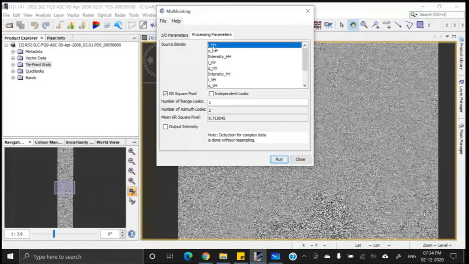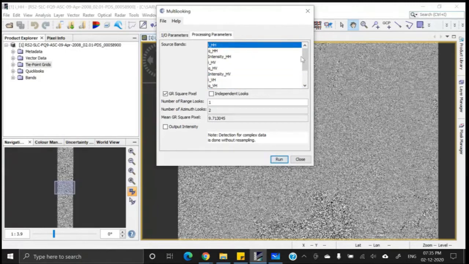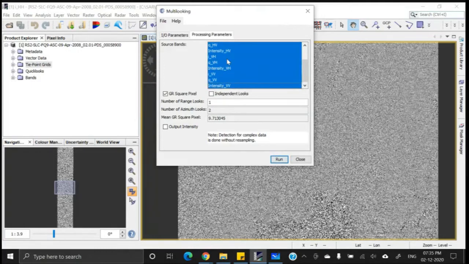Whether I component of HH polarization, Q component of HH polarization, or both of them. In case of both of them, hold down the control key on your keyboard and click on different files and they will be selected for processing. If you select all of the files or all of the bands, then all of them will be processed.